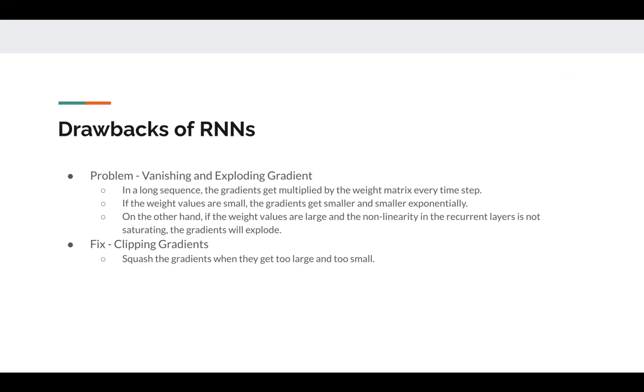If the weight WH is not less, and if it is like 2, let's say, a small number even, it explodes. You see, when you go for a power of 3, it becomes 8. And when you move in the sequence, it actually explodes, or it actually vanishes completely. And when the weight vanishes, you're not learning much, because the only thing you are learning in any network is weights, right? And if the weights are not changing much, then you are not learning anything in the network. So training this kind of network takes a lot of time because of this. To overcome this, it takes a lot of time for the network to move.